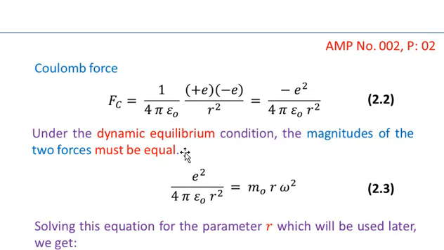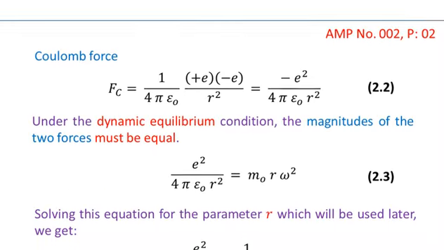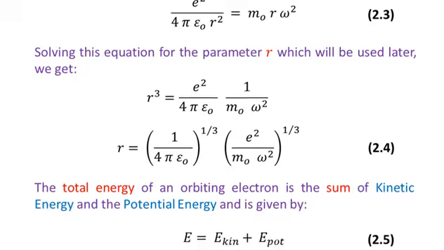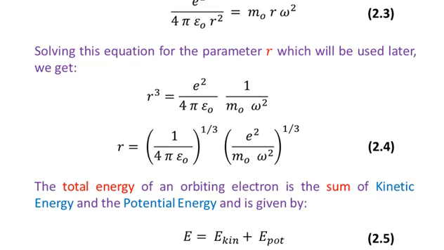Under the dynamic equilibrium condition, the magnitudes of the two forces must be equal to each other. So we have the Coulomb force on the left hand side and the centrifugal force on the right hand side, as in equation number 2.3. These forces have been written in their magnitude forms. Now solving this equation for the parameter r, which will be used later, we get